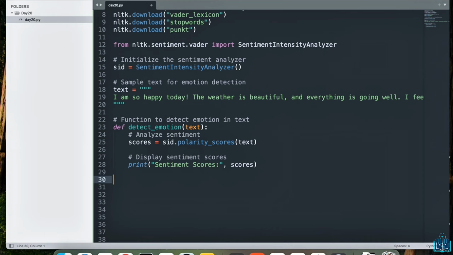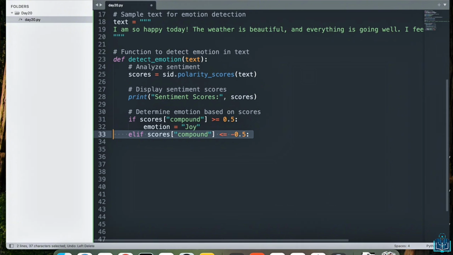Next step, before even running it, I'll go over the entire thing. I'm going to determine emotion based on the scores here. For that, I'll check if the compound score is greater than or equal to 0.5. The emotion detection logic here is: emotion equals joy if the compound score is greater than or equal to 0.5, so the text is considered joyful. On the other hand, if the score is less than -0.5, the text indicates sadness.